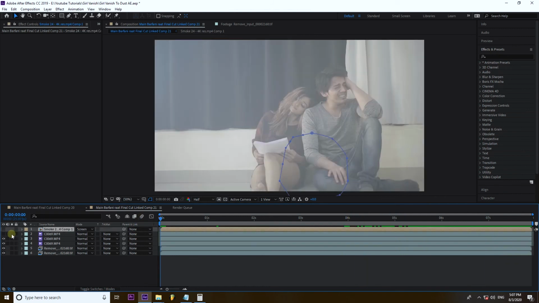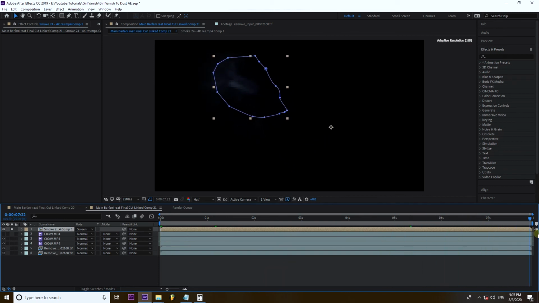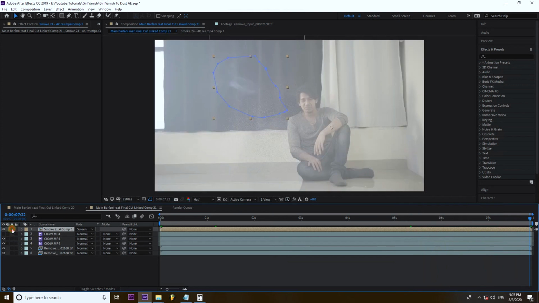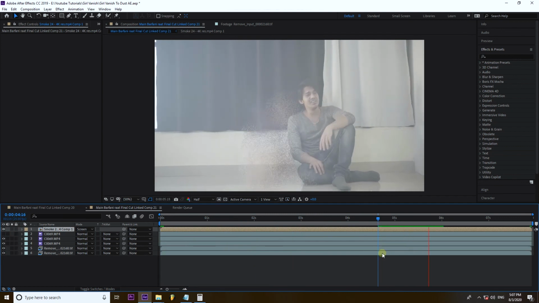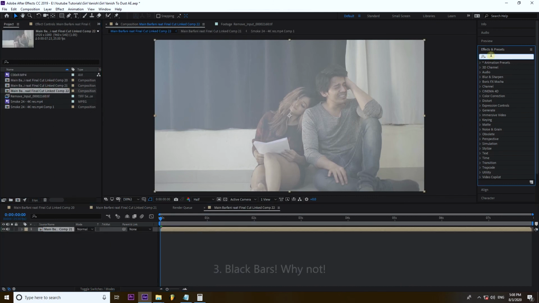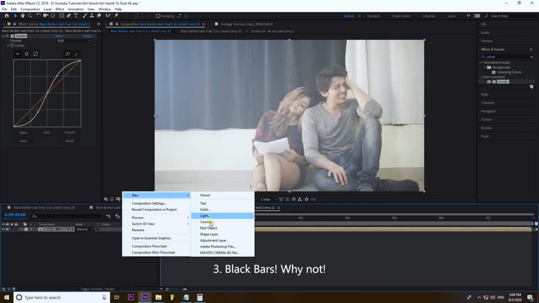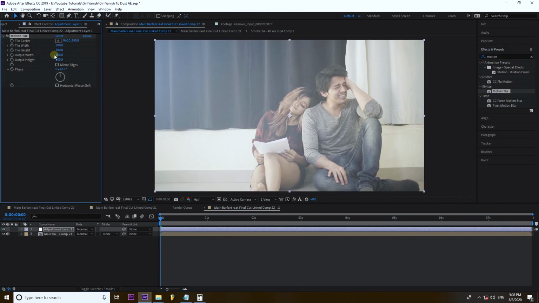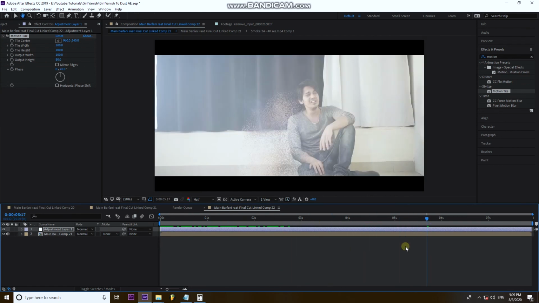And if you want to add some smoke as well with dust, then this is how you can do it. I have added a smoke footage with screen mode and created a mask around the area where I want the smoke to start and animated the mask along with the dust. So that's it. If you go and add those nice black bars and some color correction, you will get this. And with some more work, this is my final result.